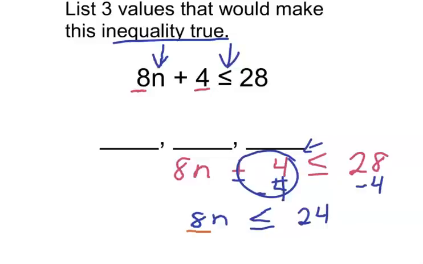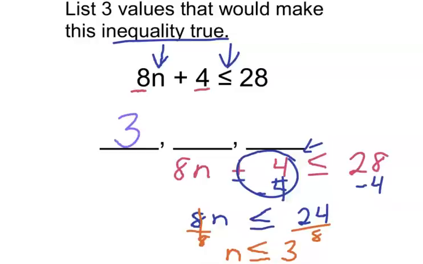The opposite of multiplication is division. So we're going to divide both sides by 8. 8 goes into 8 one time. So we're just left with 1n is less than or equal to 24 divided by 8, which is 3. So there we go. Our answer is n is less than or equal to 3, which means it can be